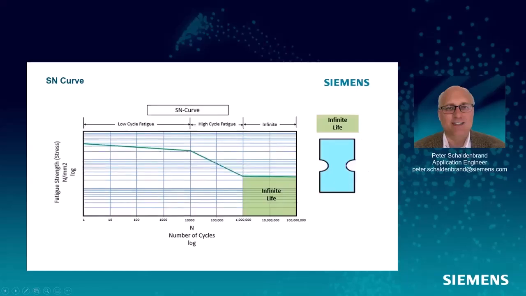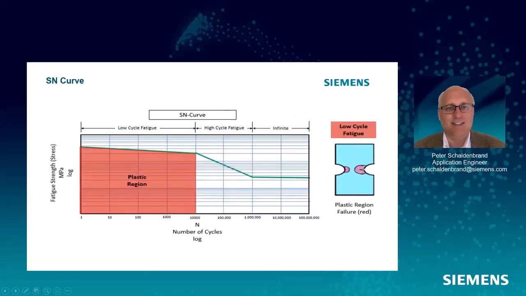Now in this SN curve, we have some different regions. Infinite life, this is where if we keep the stress below this level, it never accumulates damage. So a lot of engines operate in this area. They design to infinite life. And then we have a plastic region. This is where we have a non-linear relationship between stress and strain. This is what we also call low cycle fatigue. So if we're designing a part that lasts, 10,000 is a rough number, it operates in the low cycle range. High stresses will usually have plasticity here.